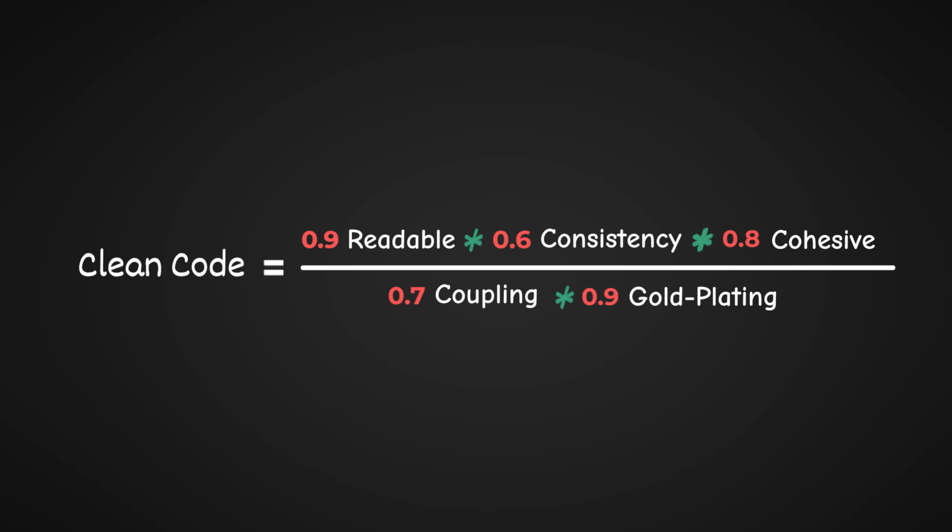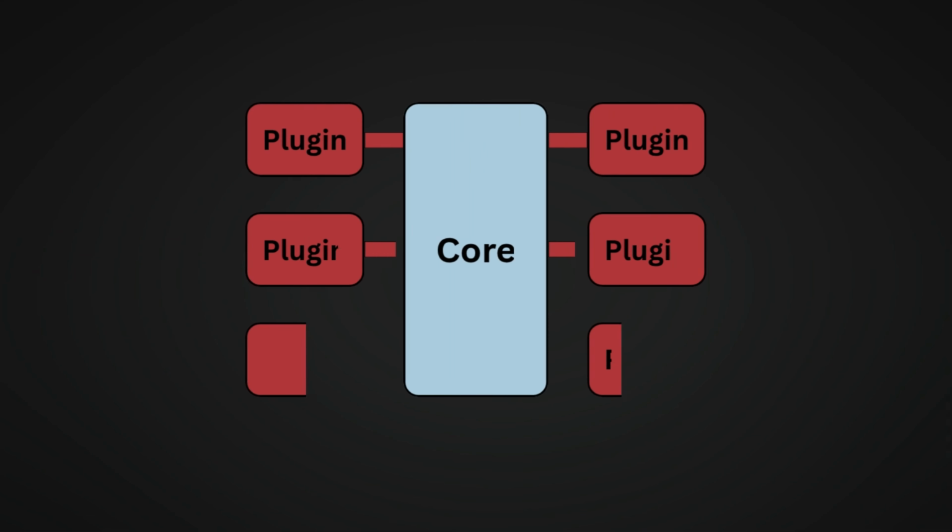Now the second denominator is gold plating. Gold plating happens when you make big decisions today without enough data to support them. It's not about thinking ahead, that's good by the way. It's about acting on assumptions that you haven't validated yet. For example, you might build a whole plugin system before you know if you will ever need more than one plugin. I rated this one 0.9